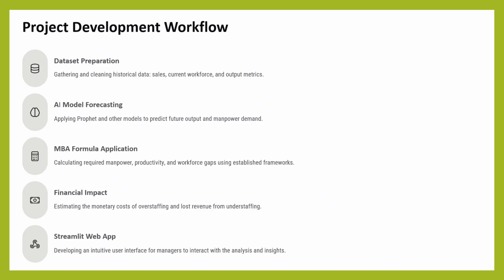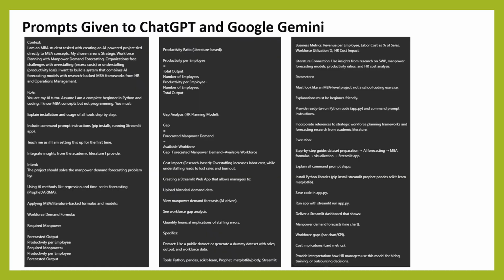4. Debugging and improvements. Whenever the code didn't work, we switched to Google Gemini to debug and refine the snippets. 5. Iteration. This was a back-and-forth process. ChatGPT helped us generate new code, Gemini debugged and suggested fixes, then ChatGPT restructured the model with those updates. 6. Web app creation. Finally, we used Streamlit to build a user-friendly app so managers can interact with the forecasts without needing coding knowledge.